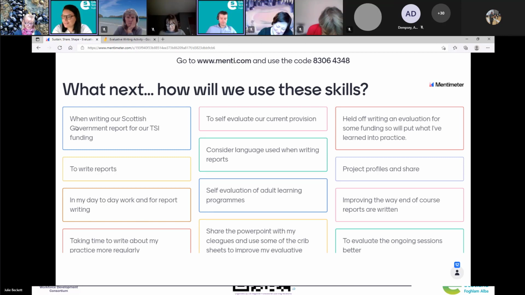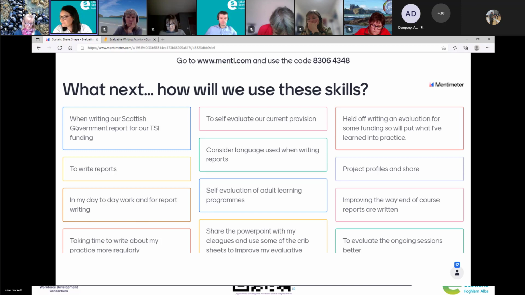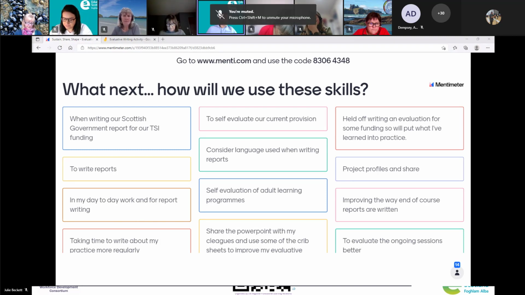It's great to see people's thoughts coming in there. And some really good statements there, just in my day-to-day work and for report writing. I think that's something that in practice, when it comes to the big scary element of having to do self-evaluation and preparation for inspection, if you've already been writing evaluative statements every time you do a session recording or a report for how something went, then it's already there. There's no extra work that needs to be done because we're still having to do that sort of recording day to day of the work that we take part in. But if it's more evaluative, then it kind of ticks a lot of boxes in that sense.